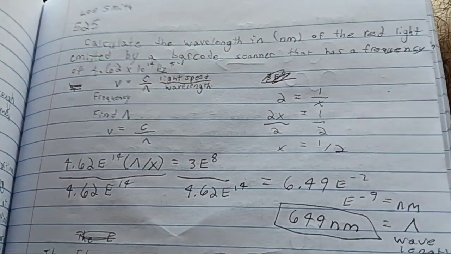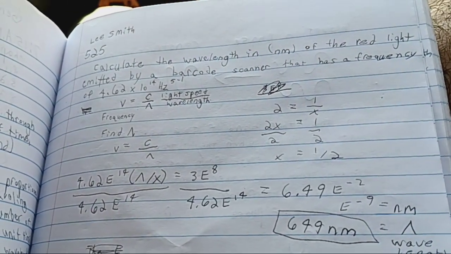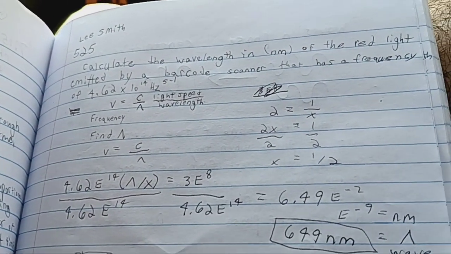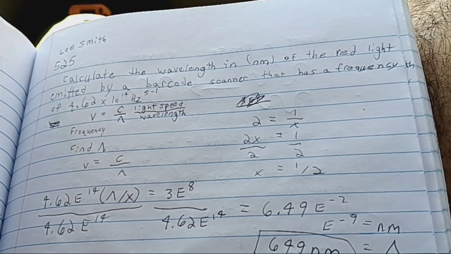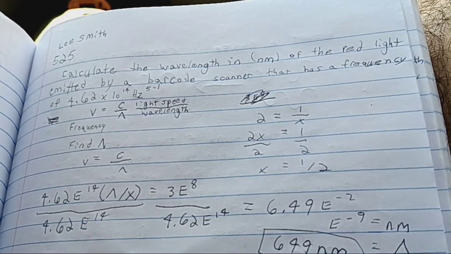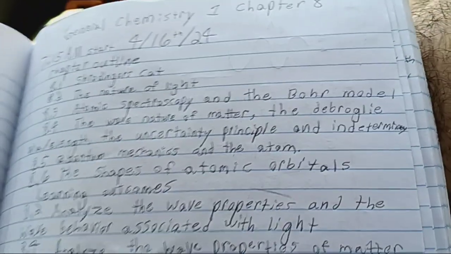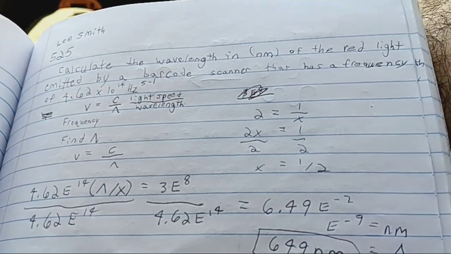I can calculate the wavelength based off the frequency, for example the wavelength in nanometers of the red light